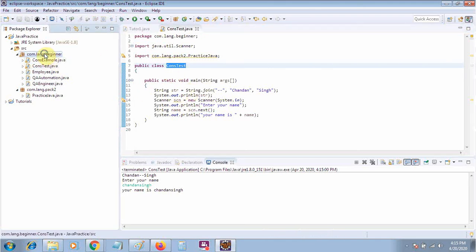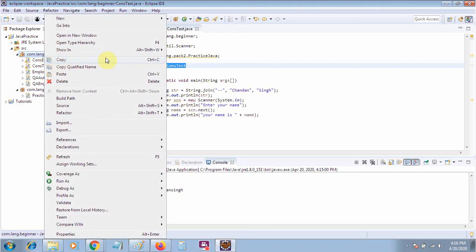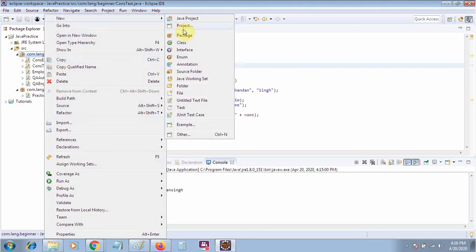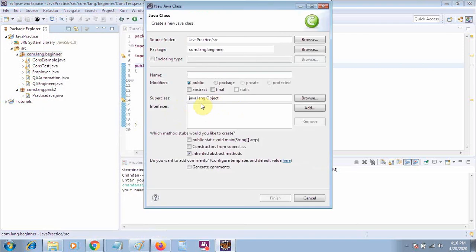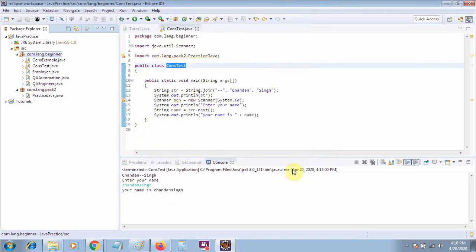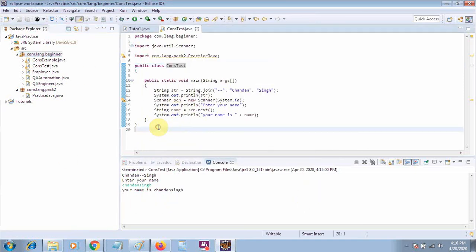If I right click and create a new class with the same name, it will say that type already exists. So to handle such a situation, we have the packaging concept.